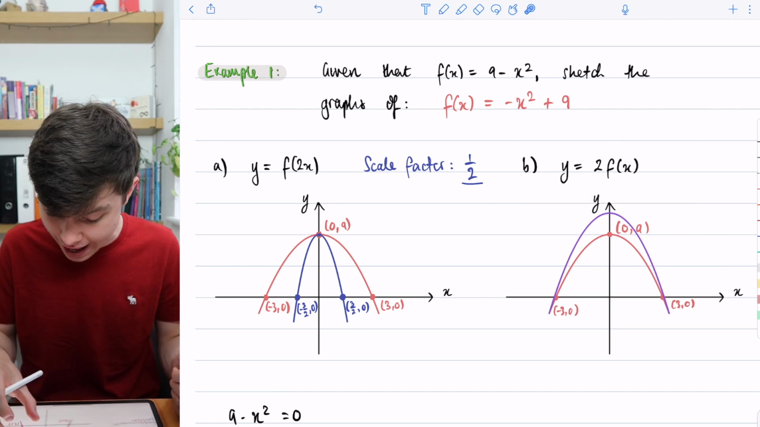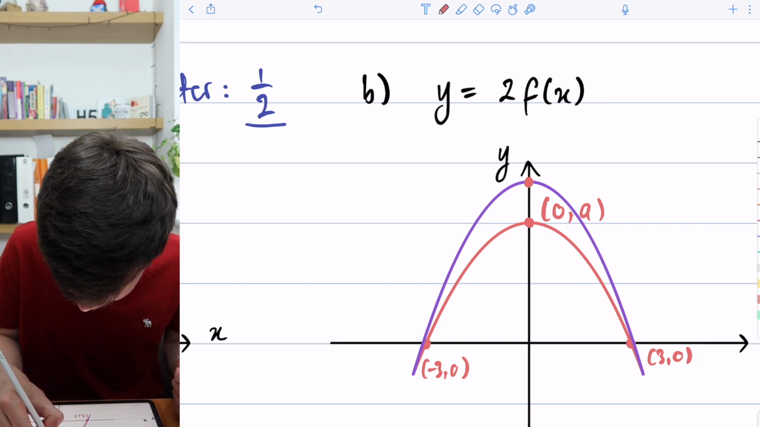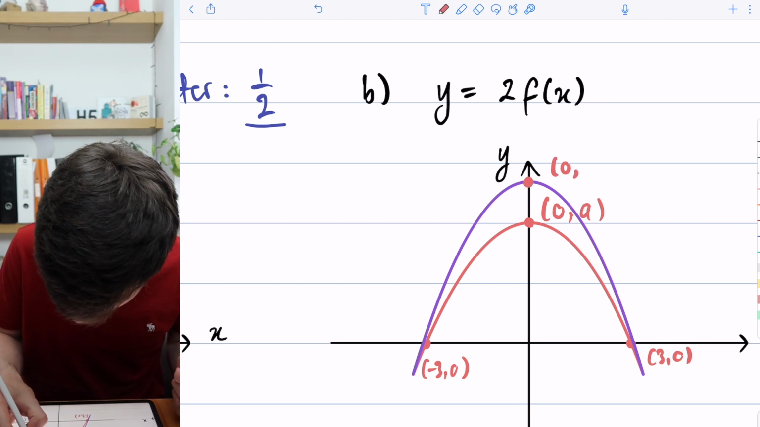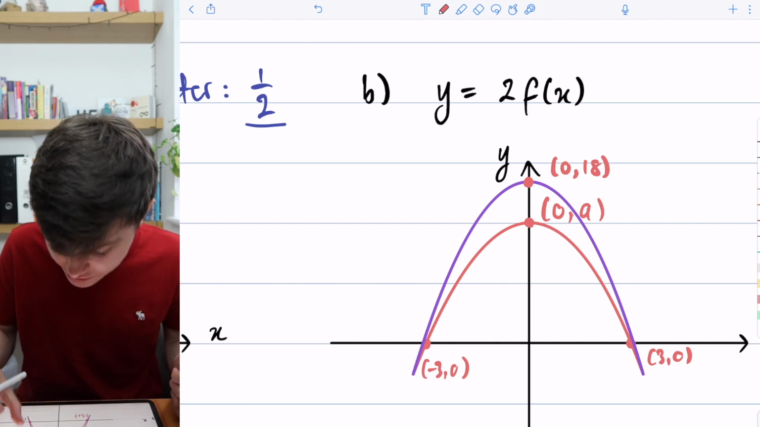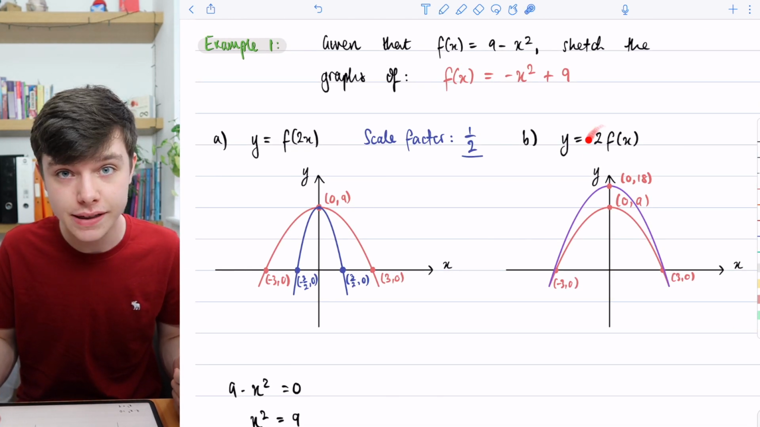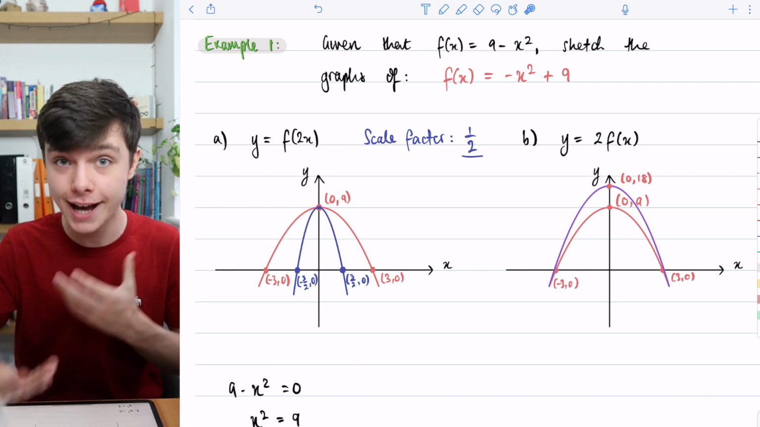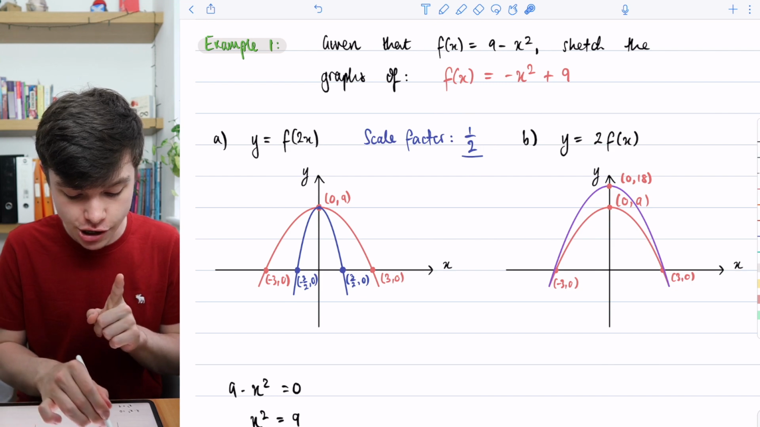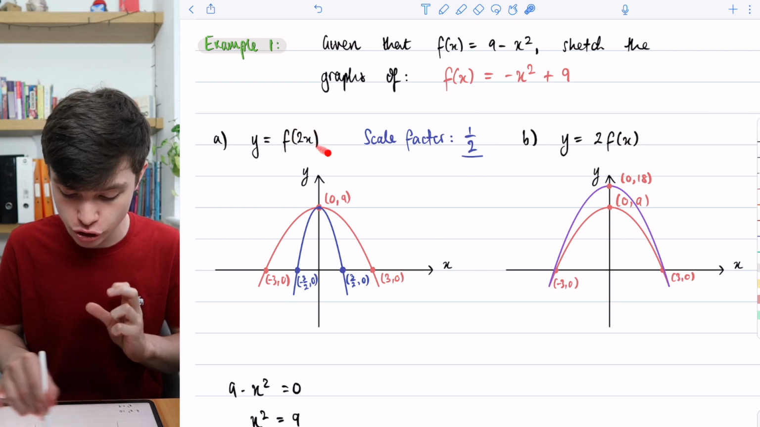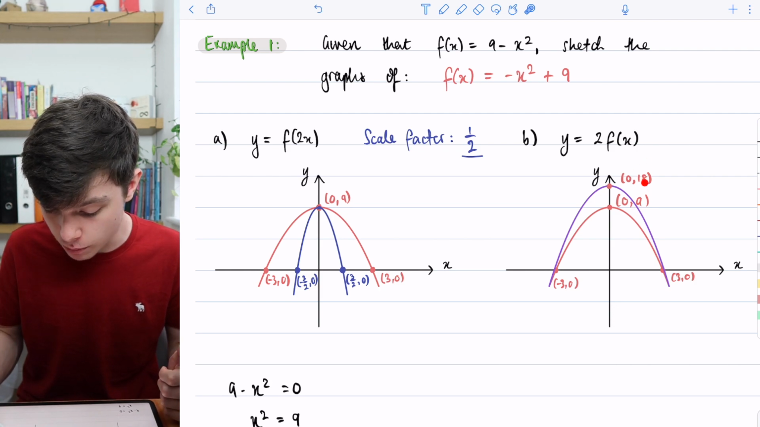But what I will indicate is that that is the point (0, 18), and hopefully you see why that's (0, 18), because we've got a 2 outside the front here, so all of our y values will be multiplied by 2. Not 1 over 2, that's when we're inside the function. We're outside the function here, so it's going to be a 2,